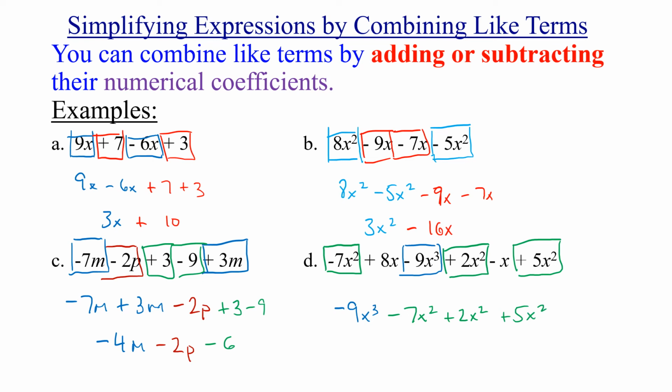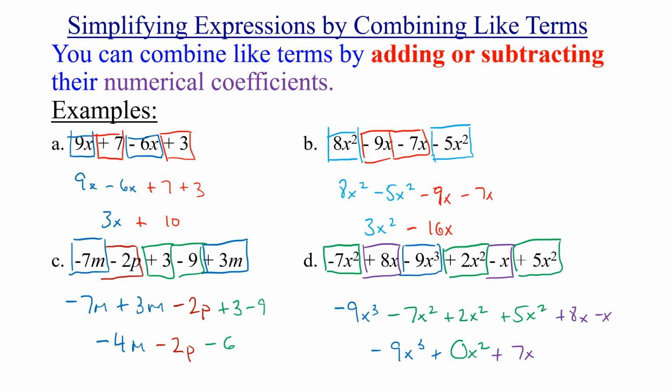Now combining those, I know negative 7 plus 2 is negative 5, plus 5 is 0x squareds. So I have 0x squareds left. I still have that negative 9x cubed. And now I'm just looking at the x's. So I have a positive 8x here and a negative x. So positive 8x and a negative x. And positive 8x minus x is a positive 7x. So plus 7x. So now combining these, or putting this all together, I do not need to write a 0x